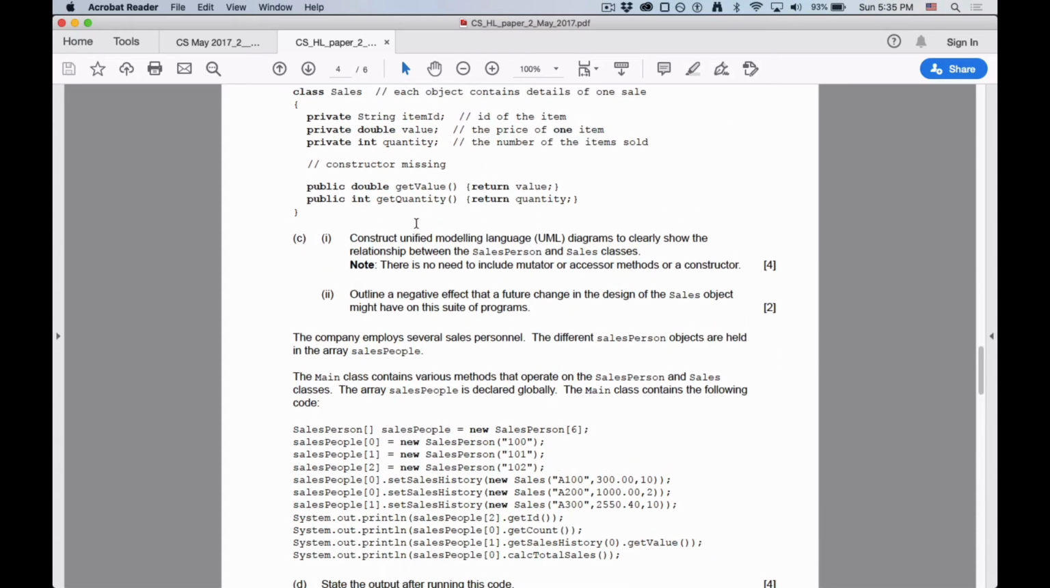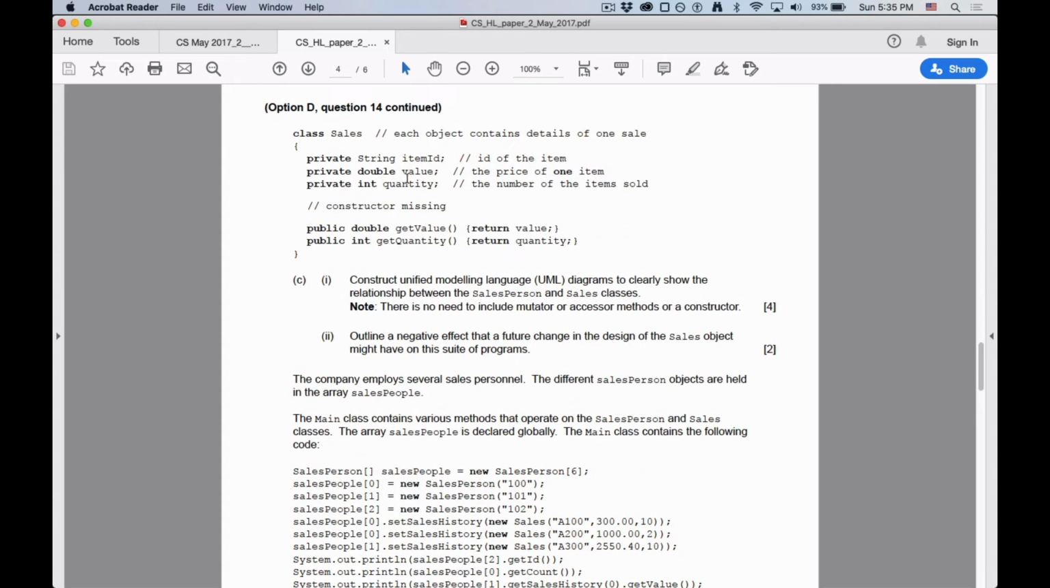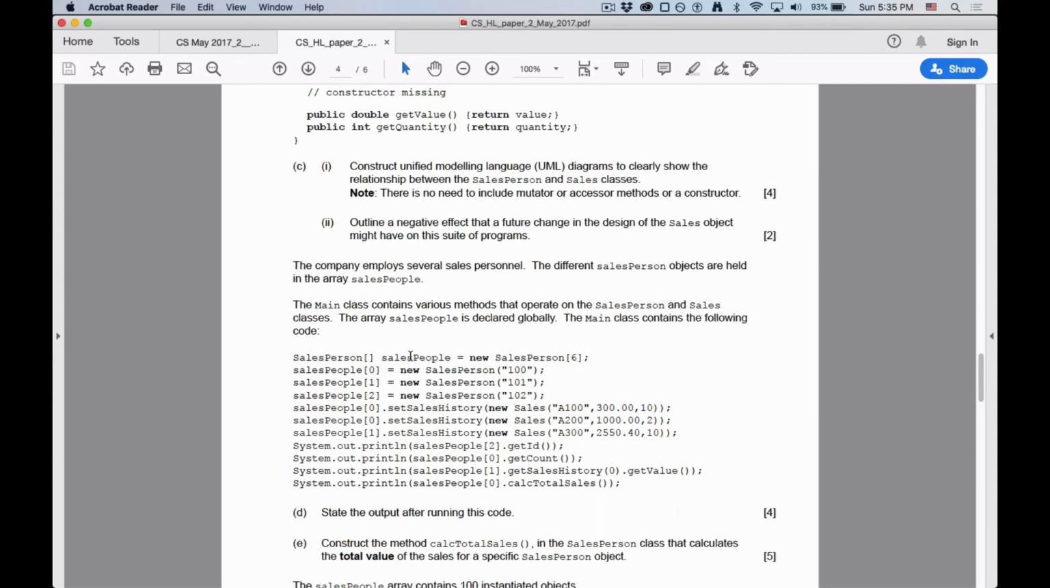Yes, this. So I already looked at this, and I'm okay with it. And then there's a main class. Various methods. Salespeople array. Okay. Saying there's 6 of them. And 0 gets new salesperson, new salesperson, new sales. Okay, so